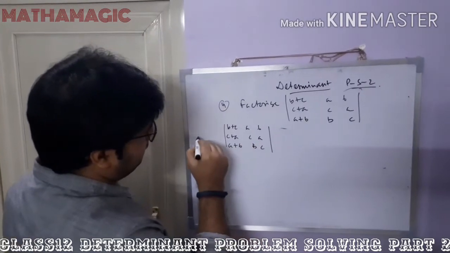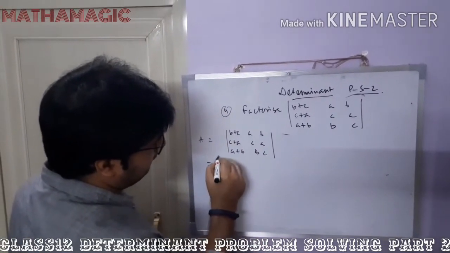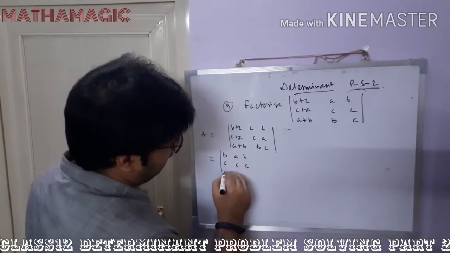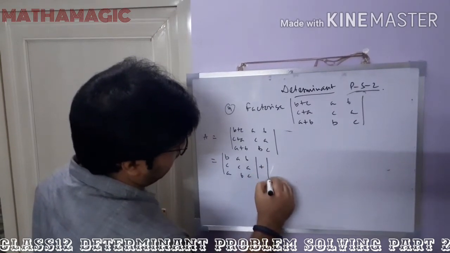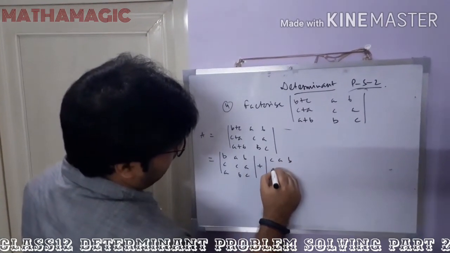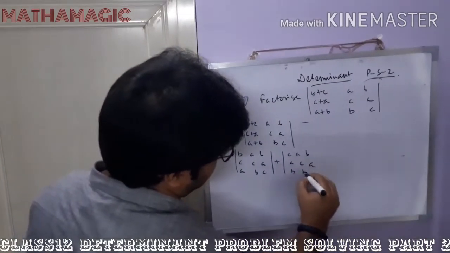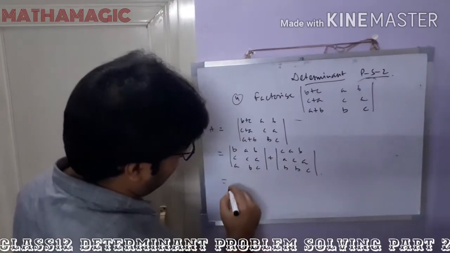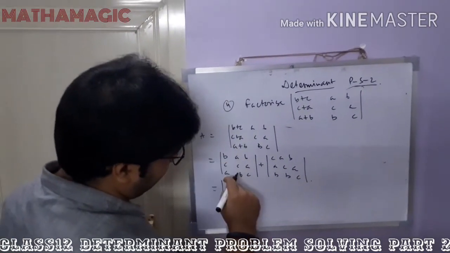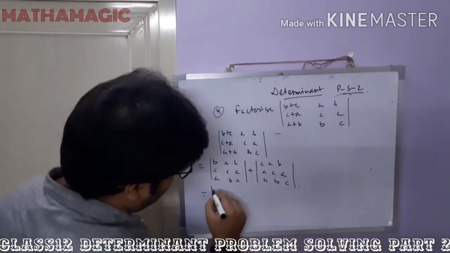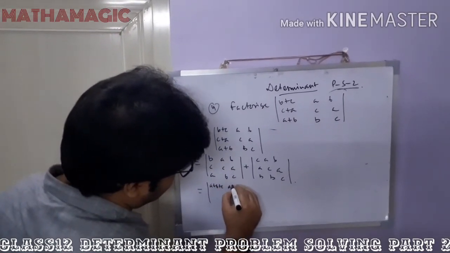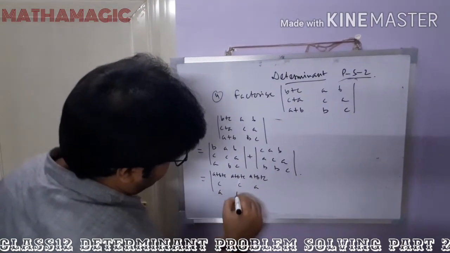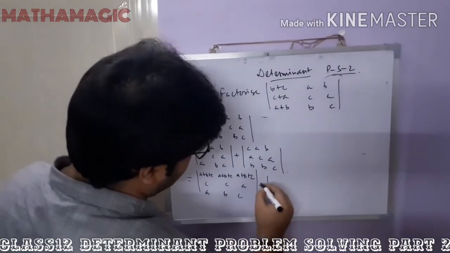Now let a is equals to this, so we can easily write it into two determinants, right? b a b, c c a, and a b c. Now plus c a b, a c a, b b c, right? Now we'll just perform the row wise addition. If we add these 3 rows, r1 plus r2 plus r3, and write it on row 1, then it will become a plus b plus c, a plus b plus c, a plus b plus c. So c c a b c. For the second determinant, it will remain.